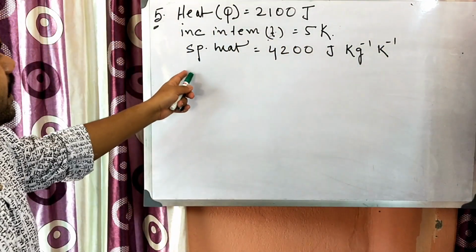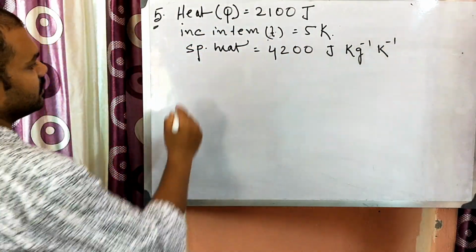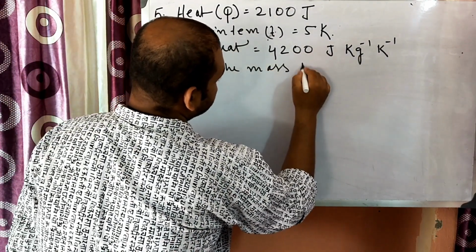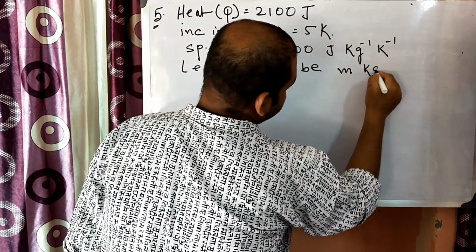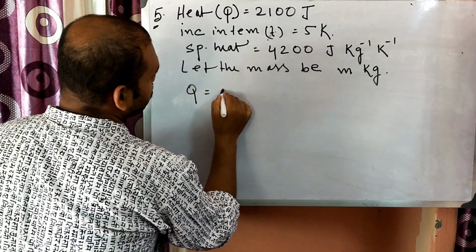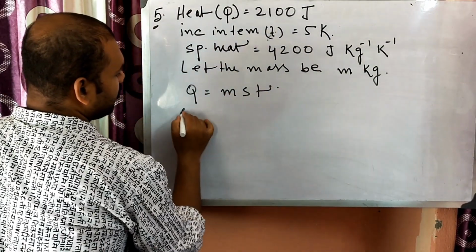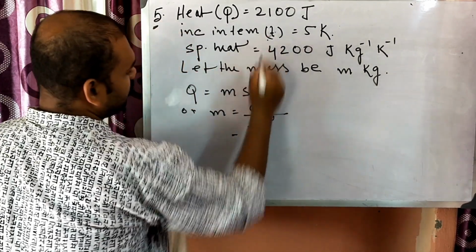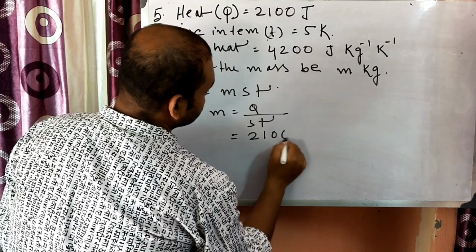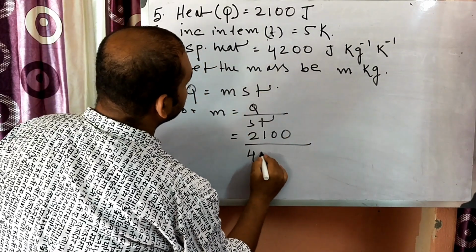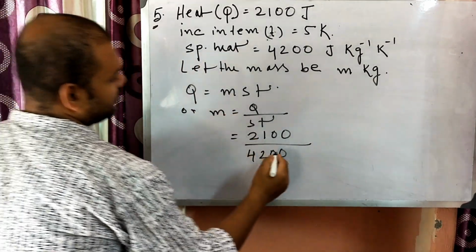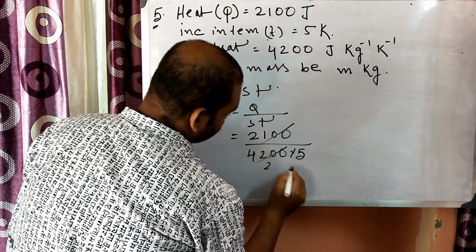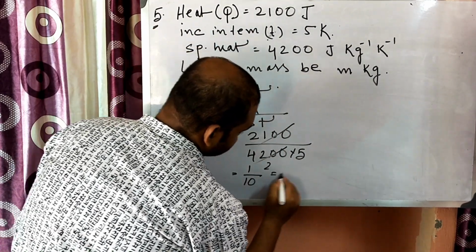Okay, so we need to find out the mass. So let the mass of the water be m kg. So we know Q is equal to m S T, or m will be Q by S T. So what is the value of Q? 2100. What is the value of S? 4200. What is the value of T? 5. So this and this cancel out. So 1 by 10, that is 0.1